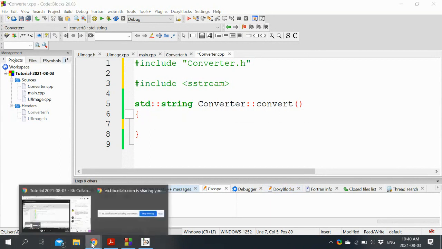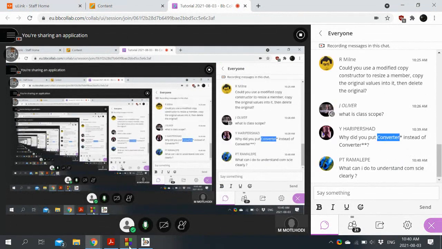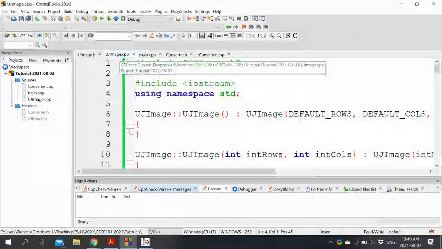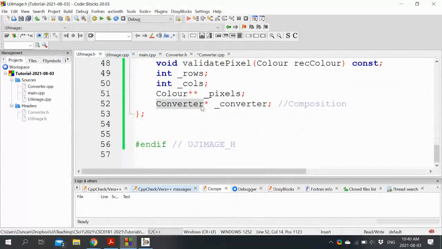So before I implement that, let's just see if there's any more questions. Okay, so this is a great question. Why did I say that it converts a pointer instead of converts a pointer array? This isn't a 2D array of converters. It's one single converter that we've allocated on the free store. So it's not an array. It's one. It's basically like going new int, not new int with square brackets.